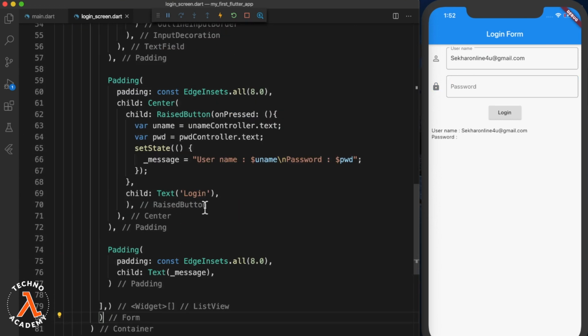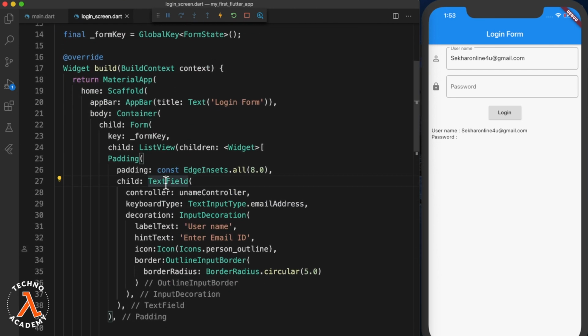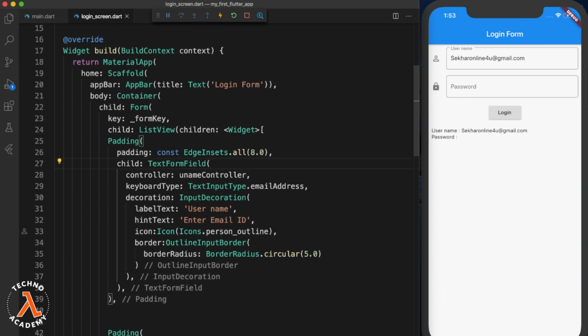Next, instead of using TextField, let me update the widget to TextFormField. Almost all the properties remain the same between these two widgets, but additionally the TextFormField has support for performing validations. To do that, we need to use the validator property. So let me type in validator colon.